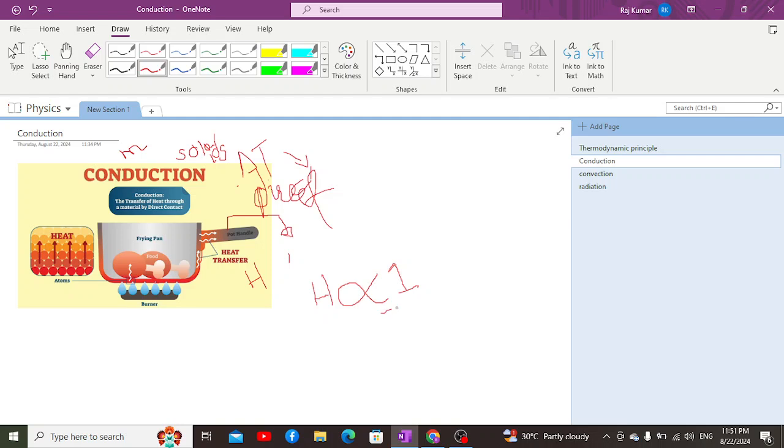So if we talk about thickness, we can simply say that conduction is inversely proportional to thickness, which is represented by delta x. On the other hand, if we talk about another phenomenon, temperature: if the change in temperature is high, then conduction would be higher as well. And if we talk about surface area, if surface area is high, let's suppose